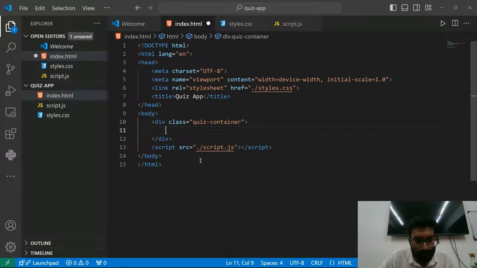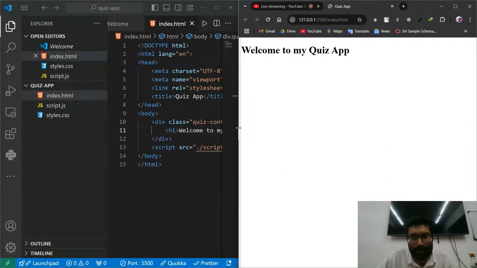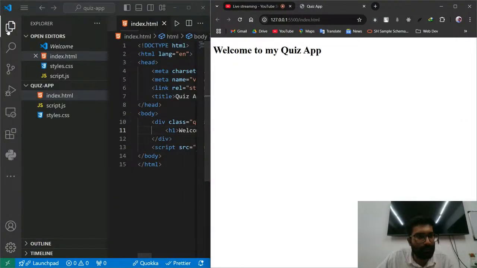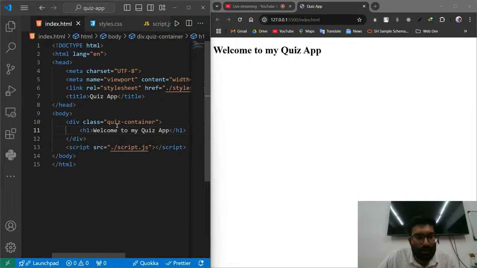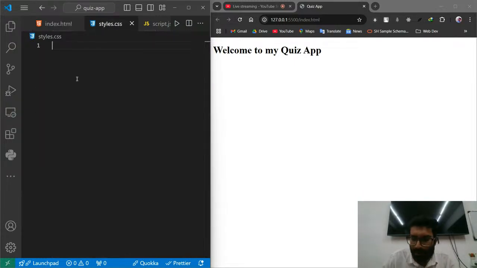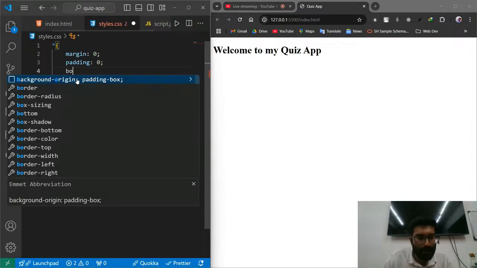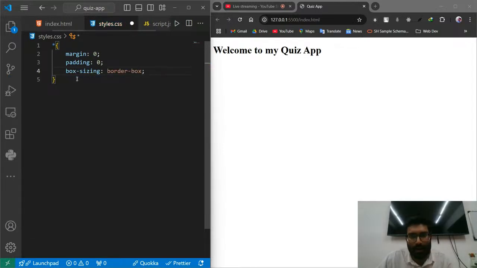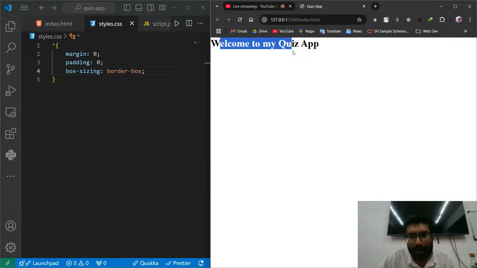Now inside this div, let us give one h1 first. So I want to write welcome to my quiz app. Okay. And let us see the output. So I will keep everything side by side so that we will see the output also. So now let us go to styles.css and let us first override the default style. So I will give margin 0 to every element, padding 0 to every element, and I will give box sizing